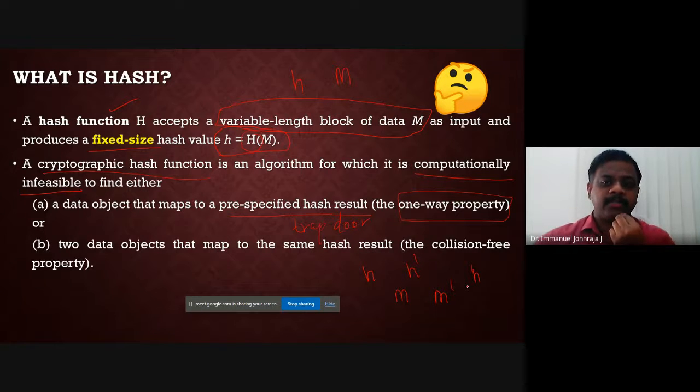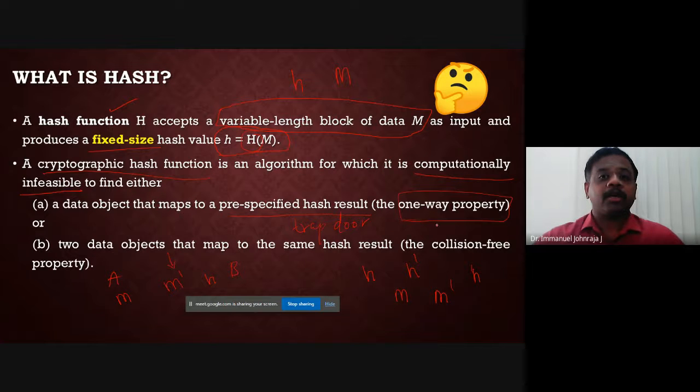Why should we have this property? Otherwise, you can easily duplicate your message to fool the intended legitimate users. Suppose two people A and B are communicating, and an attacker comes in. We are going to learn what the usages of this hash value are, that's okay. But suppose he is sending the message M, and the attacker is able to create another message called M dash that gives the same hash value. Your hash function fails. All right.